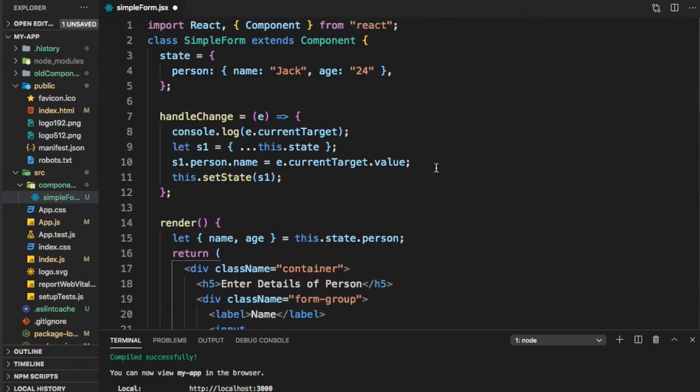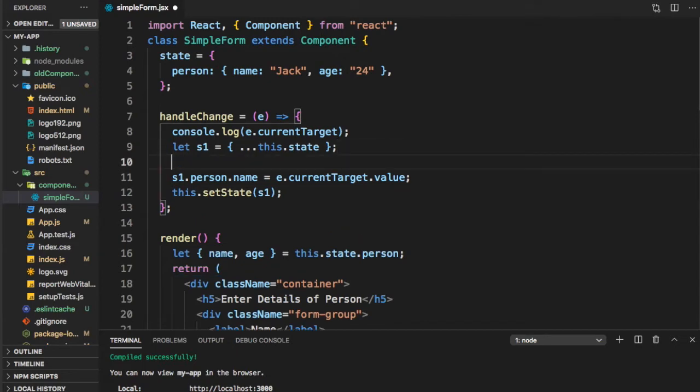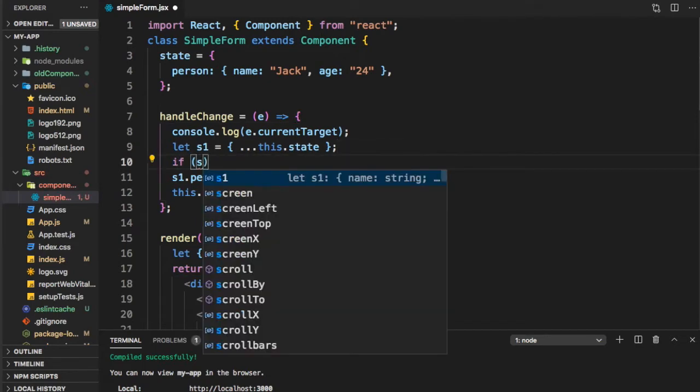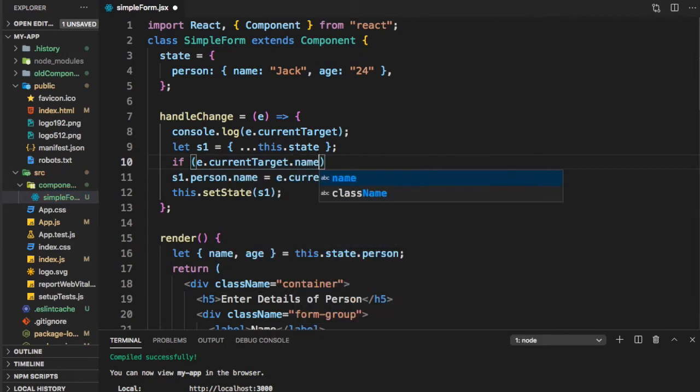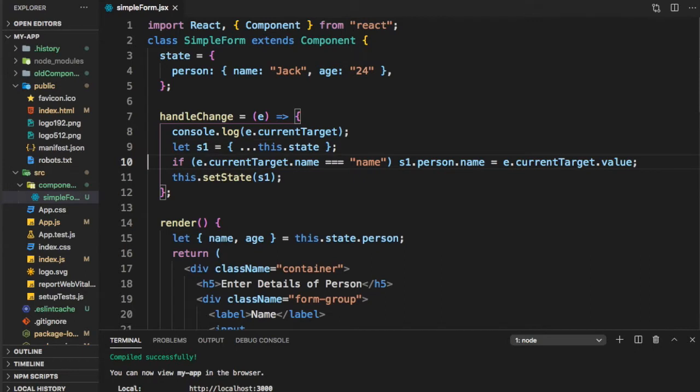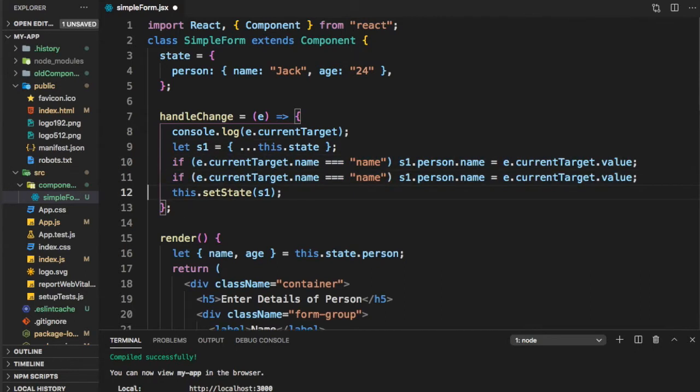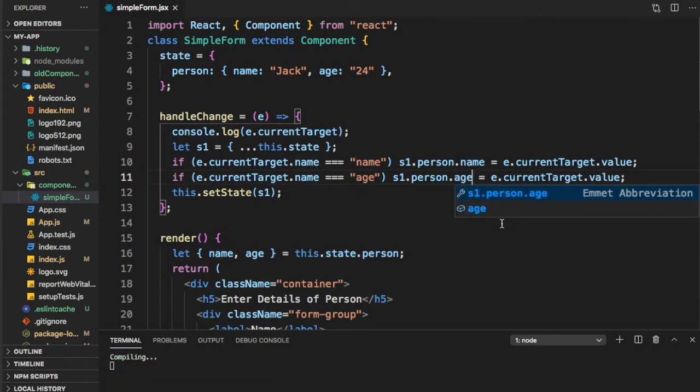So we will need to update our handleChange. Here we can say if e.currentTarget.name was name, then this should be the value. Similarly, if the onChange is happening on age, then s1.person.age should be e.currentTarget.value.